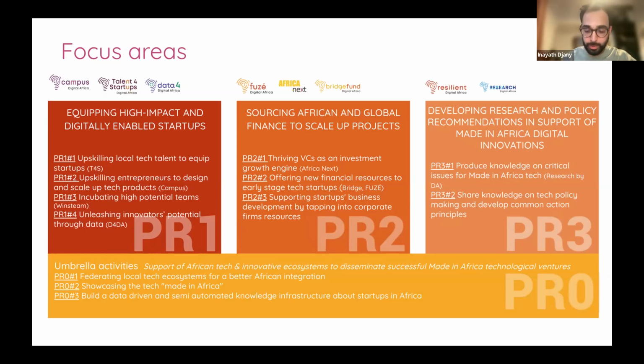What we aim to do via these programs is to give everyone the opportunities to learn, to be financed, to scale, and to develop themselves and their business through all of these pillars: capacity building, finance, and research.